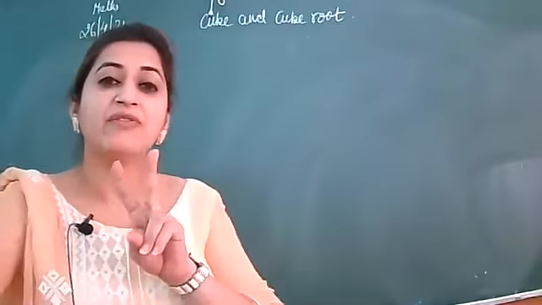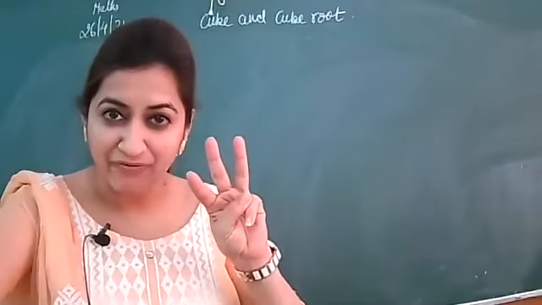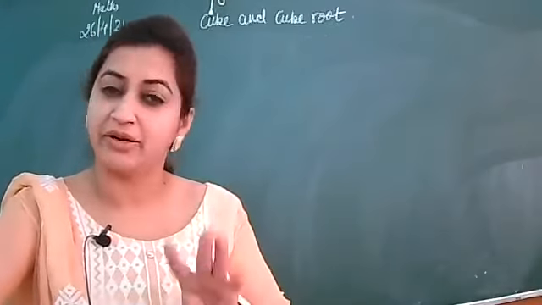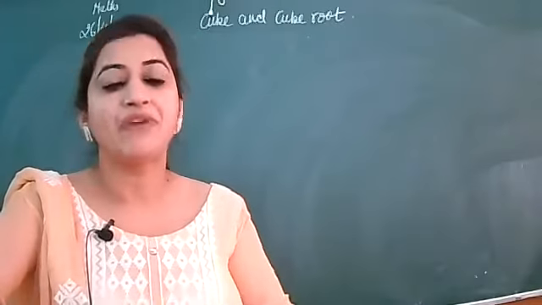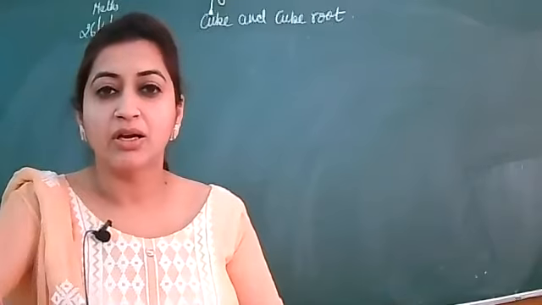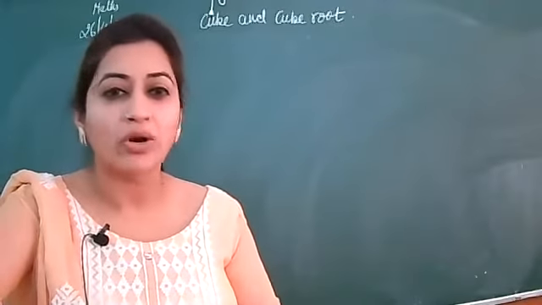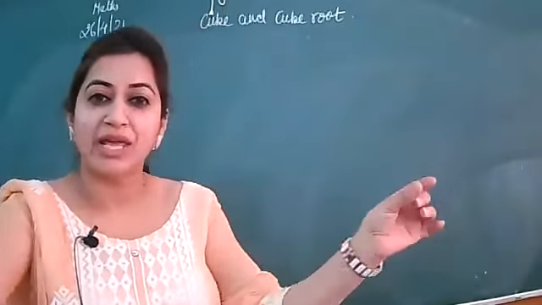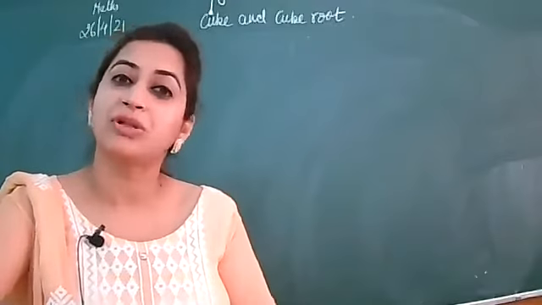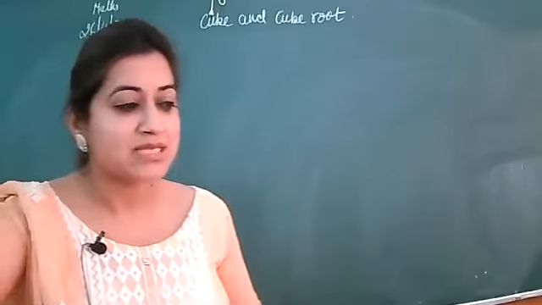As you know, in the earlier chapter, square and square root, we have learned two methods, I think even three methods. First is subtraction method, second one is prime factorization, third one is long division method. But in this chapter we have only one main method, that is known as prime factorization method, that we have already done. Got it, beta? So in this we have one more method that is called estimation, but it's not reliable as in the case of square and square root. I told you that if any number comes fully in that range, then the cube or square root is the same, so you can't rely upon that method, that will not give you the exact value. The same is the case for the cube root.